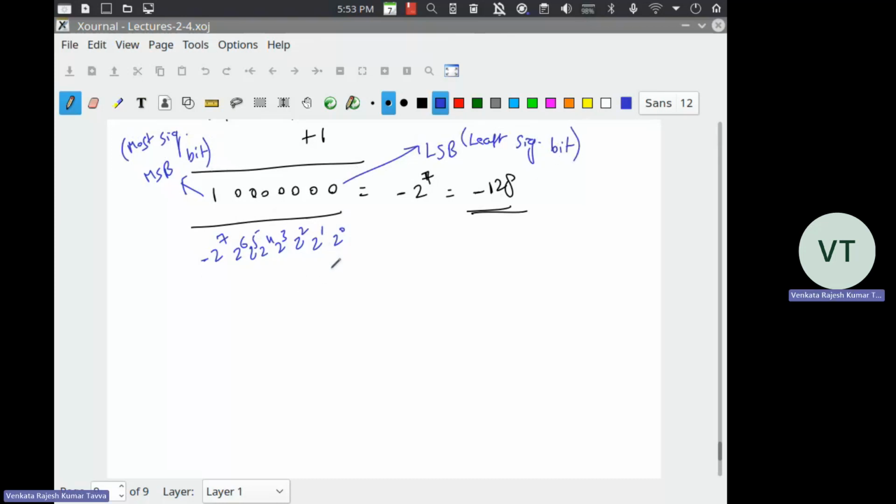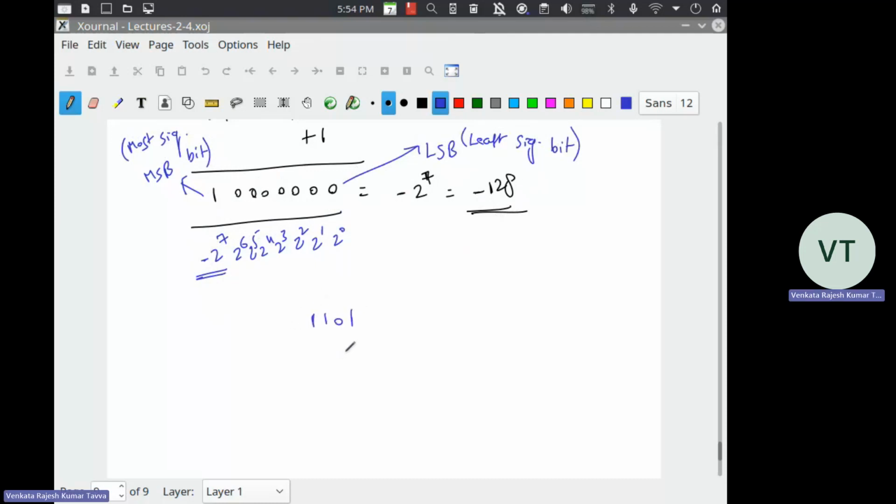So in 2's complement representation, the last power will be a negative power. So you multiply this one with minus 2 power 7 and multiply these with their respective powers and add. Finally, whatever value you get, that is the value of this number. Okay, so suppose I take